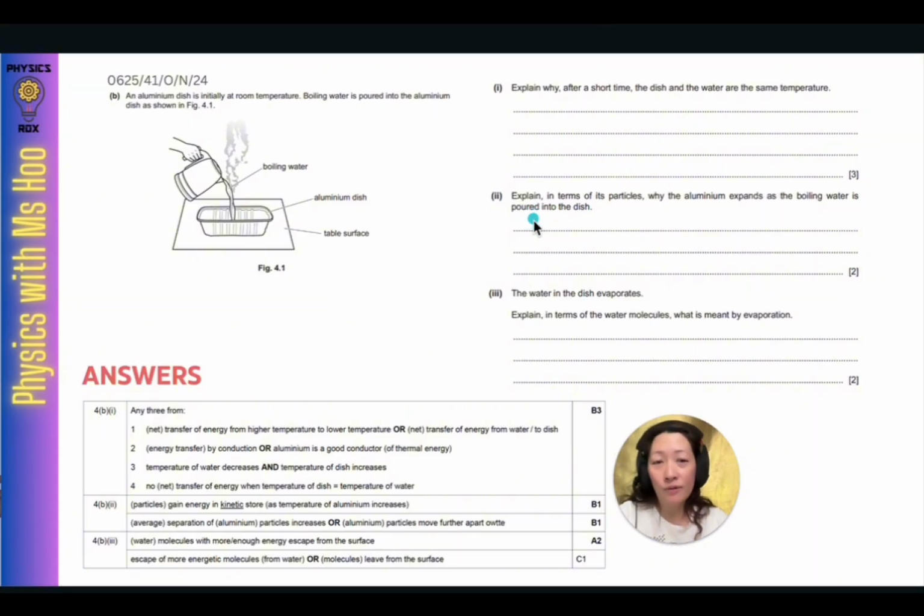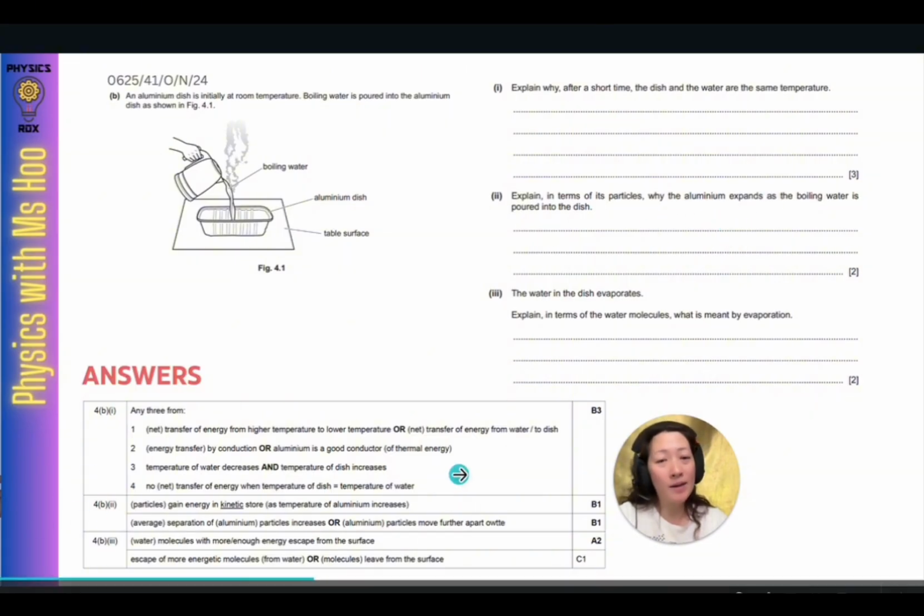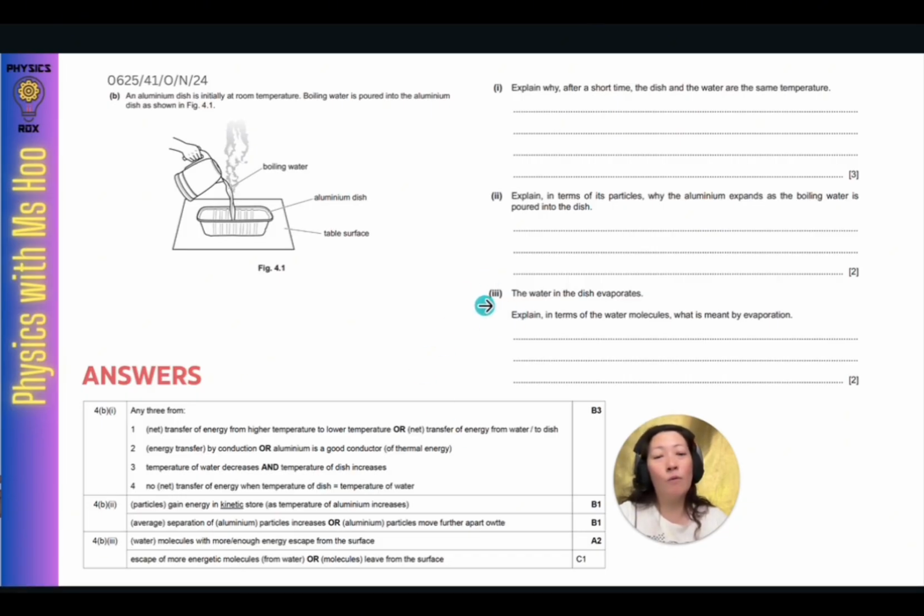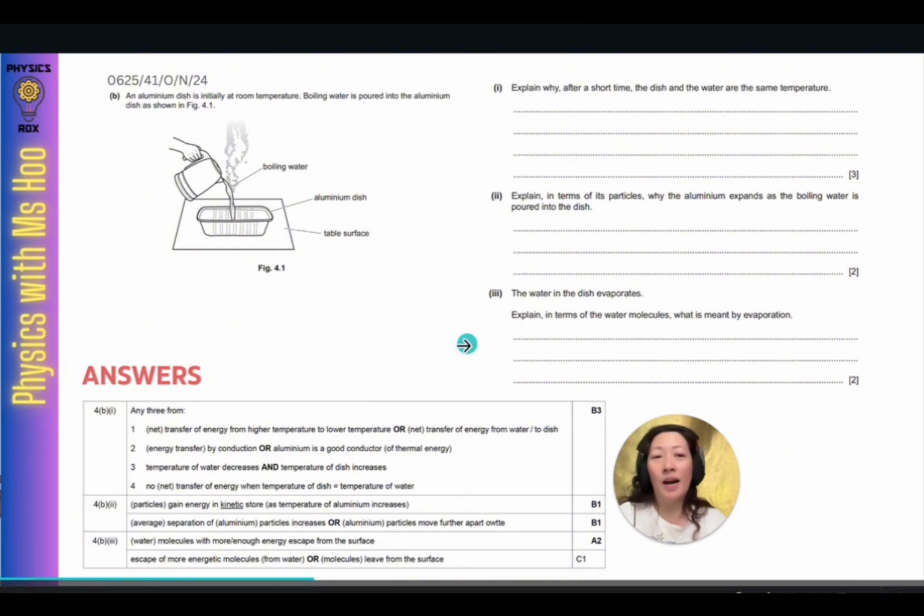For question 2, explain in terms of its particles why the aluminium expands as the boiling water is poured into the dish. Again, you need to use your understanding of thermal expansion to explain what's happening to the aluminium, as you can see from the mark scheme here. And for question 3, the water in the dish evaporates. Explain in terms of the water molecules what is meant by evaporation. So you need to use your understanding of the evaporation process